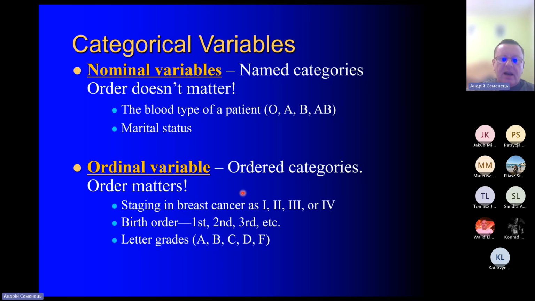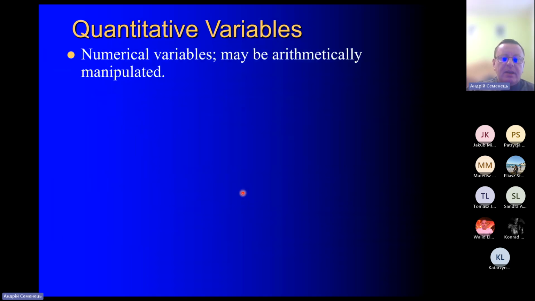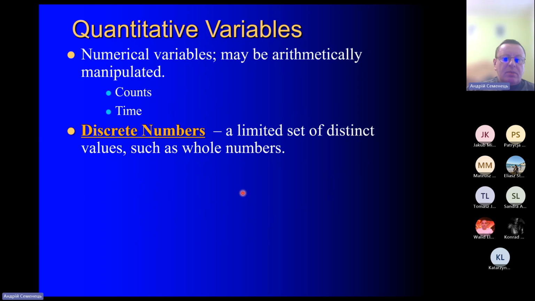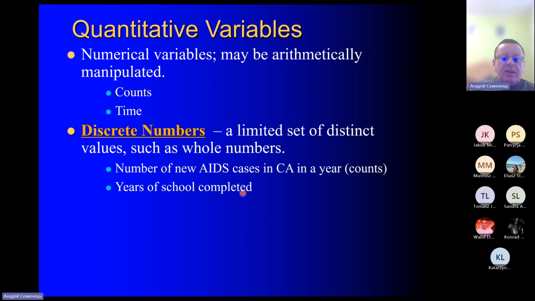We have to analyze our variable and understand the nature of our variable, because it depends on what we can do with our data. There are some major differences between quantitative and qualitative variables. With quantitative variables, we can perform numerical or arithmetical manipulation, like counting, multiplying, dividing, and so on. But we can't do it